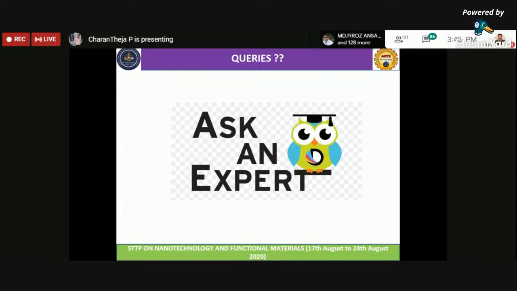Actually, it is better to take another session, because fabrication technology has a greater impact on the properties of nanoparticles. The way we fabricate the material will show a lot of impact in terms of temperature or time, whatever it is. I think it is better to have a new session on that, because if I combine both with respect to how the particle, once it is ready, impacts the end product, that is completely different.